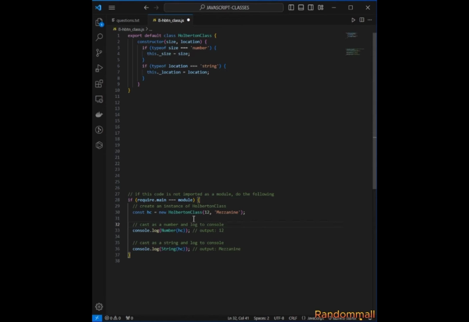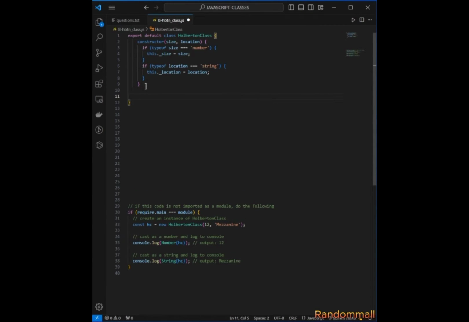when the instance of this class is created, it has 12 and mezzanine, which are the attributes size and location. Let's say mezzanine is the location, and here we are casting the object SC as a number and then logging it to the console. The output is expected to be 12, because we are supposed to get the size if the object is cast as a number, and we're supposed to get the location, which is mezzanine, if the object is cast as a string. So to be able to achieve this same result, what we are going to do is